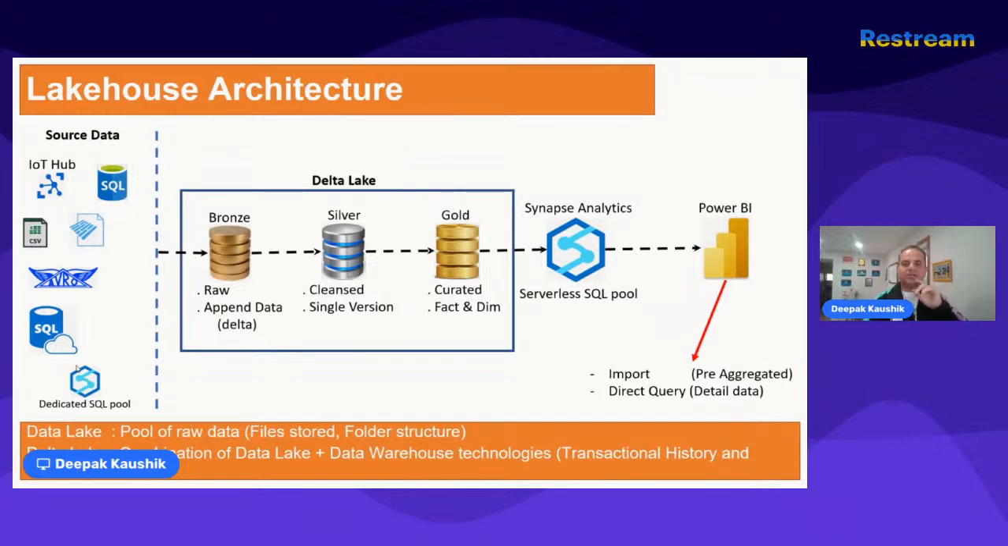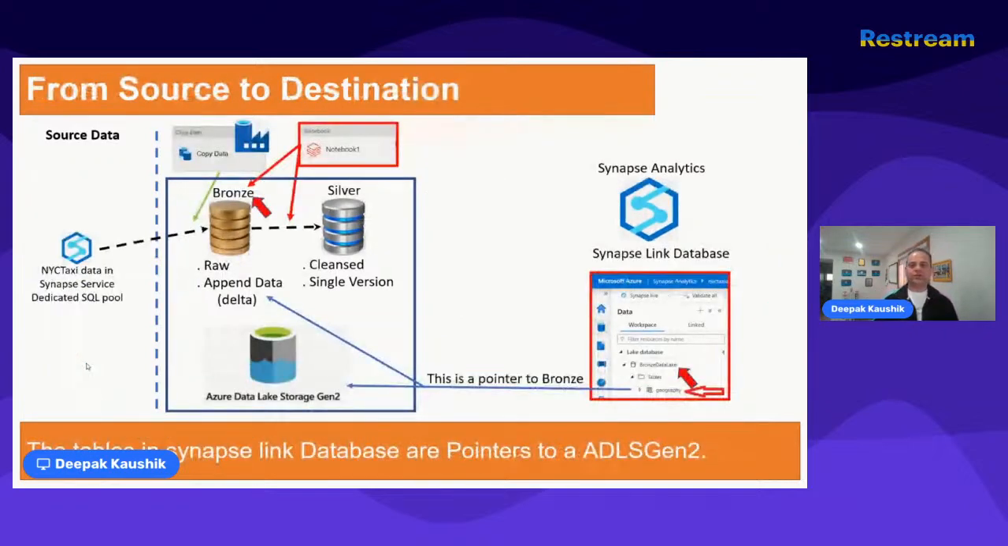These three things, bronze, silver, and gold, are Delta Lake. And if someone asks what is Delta Lake, these are the Delta Lake: bronze, silver, and gold. And this is where we need to migrate. So source data, and now it's